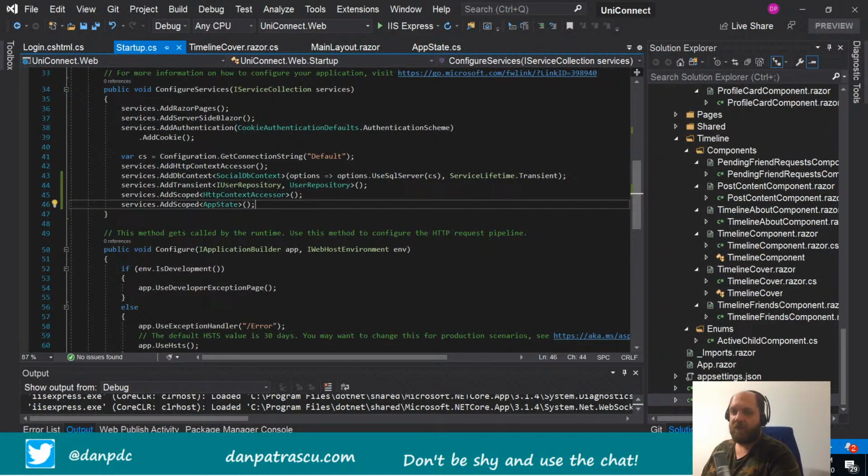You don't have access to the HTTP context accessor in the Blazor part of the application at all. This is something that I tried a few weeks back already. So you can't inject it everywhere. This only works in the Blazor pages. However, I might give it a try, maybe later today. But the idea is that